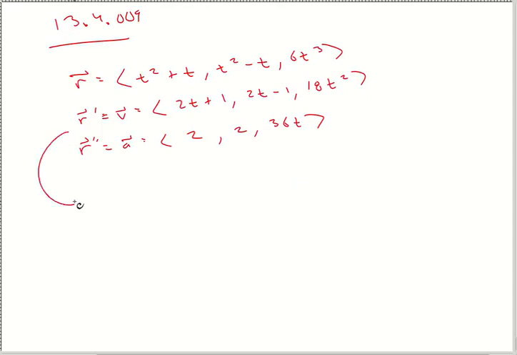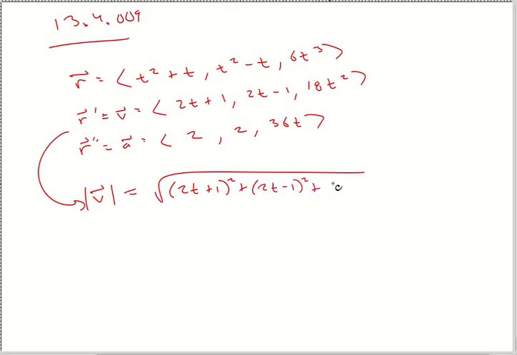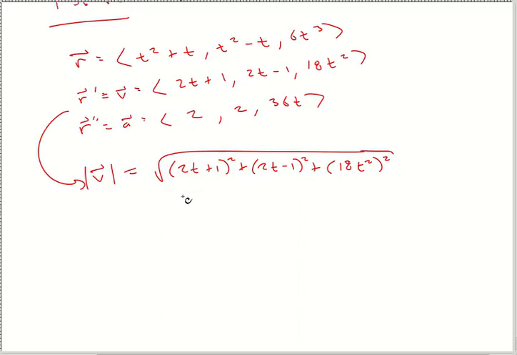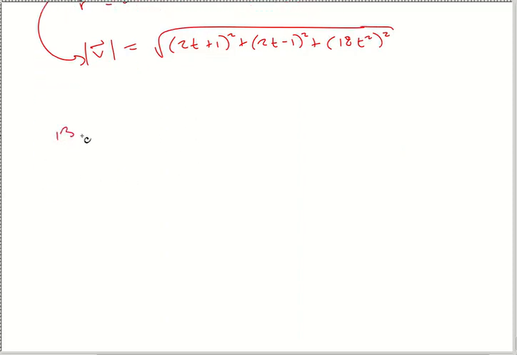And of course they're wanting the magnitude of v, magnitude of r prime, so you just do a big square root thing. Because WebAssign does not need it simplified, honestly, at this point I would probably just leave it like that. Actually, that's how I did it on my paper, so there you go. Next one,